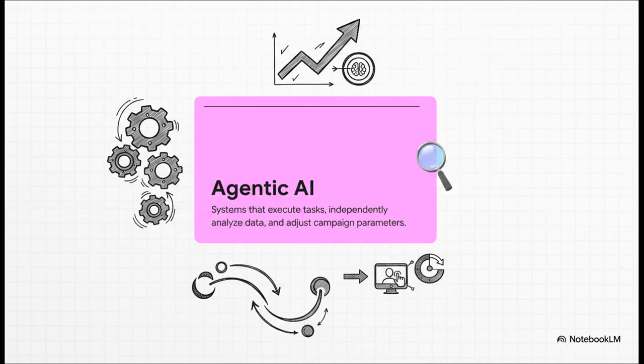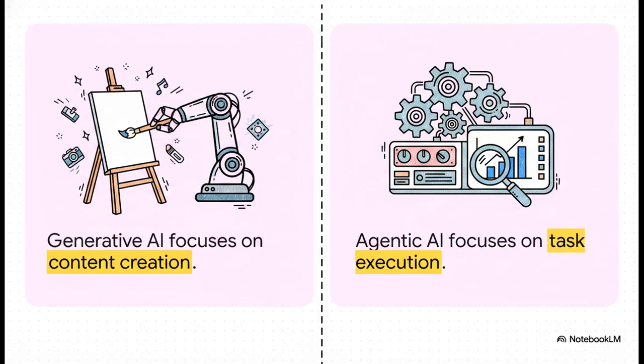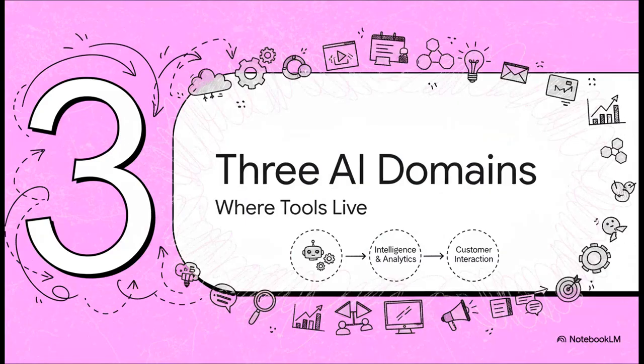It's wild. Comparing these two really perfectly illustrates the core difference. Think of generative AI as your creative team. Those are the tools writing the ad copy, brainstorming blog topics, you get the idea. But agentic AI, those are your producers. They focus on task execution. You essentially have one AI acting as the artist and another acting as the campaign manager. It's an entirely new workflow to wrap our heads around as we step into management. It's a real game changer. Okay, that brings us to Section 3, the 3 AI domains.